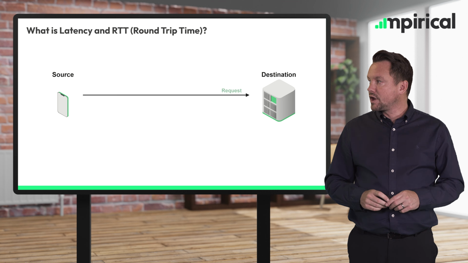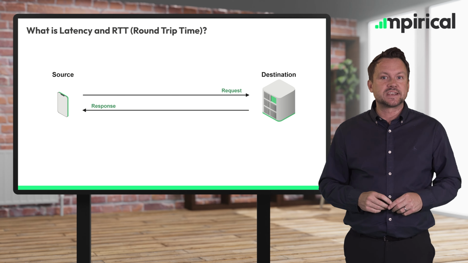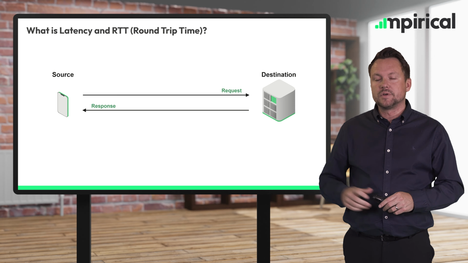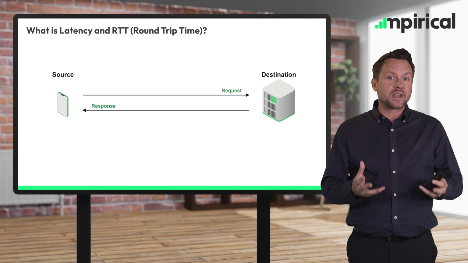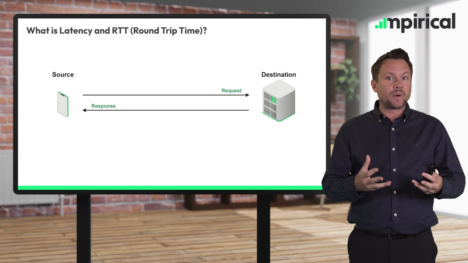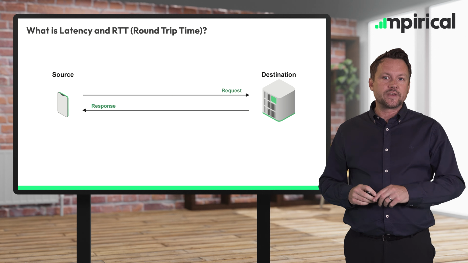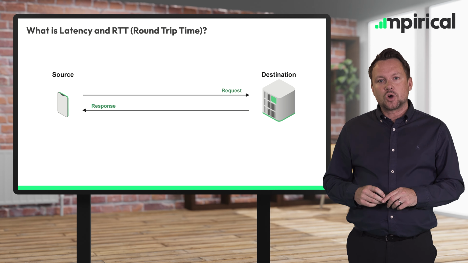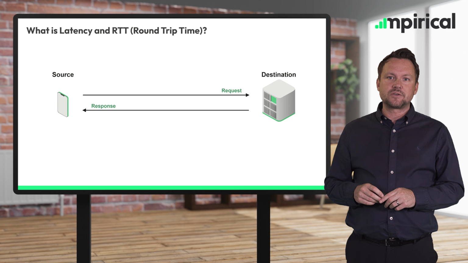So in this scenario, we send out a request and we at some stage receive a response from the destination. So this may be communication between a mobile device and an application server, for example. And this data may need to travel through the mobile network and ultimately out to perhaps an application server on the internet, for example. So there are different factors that will influence the amount of delay that we experience.